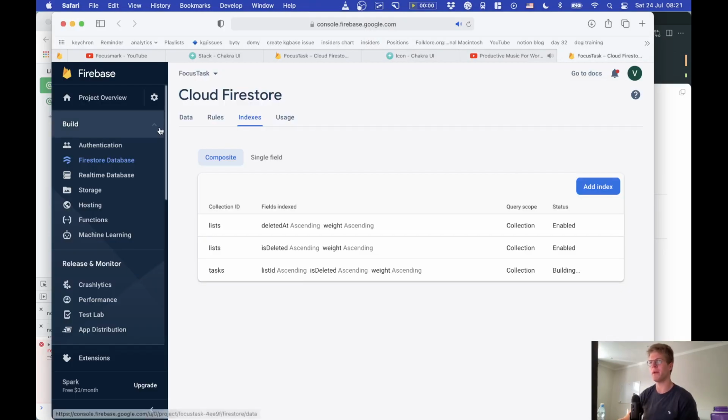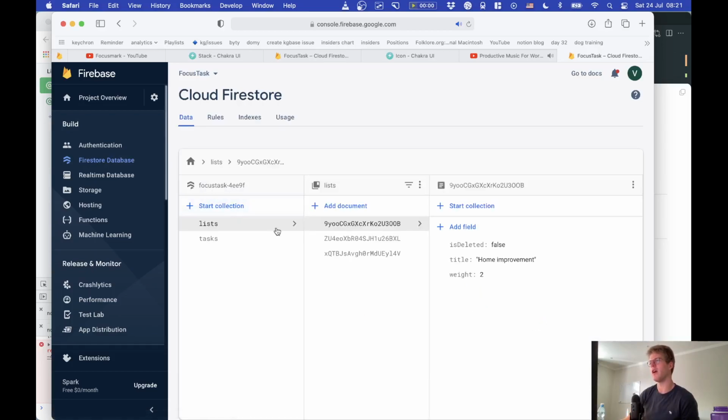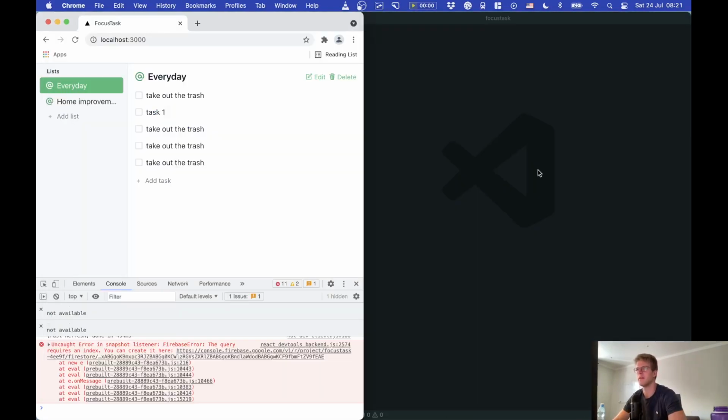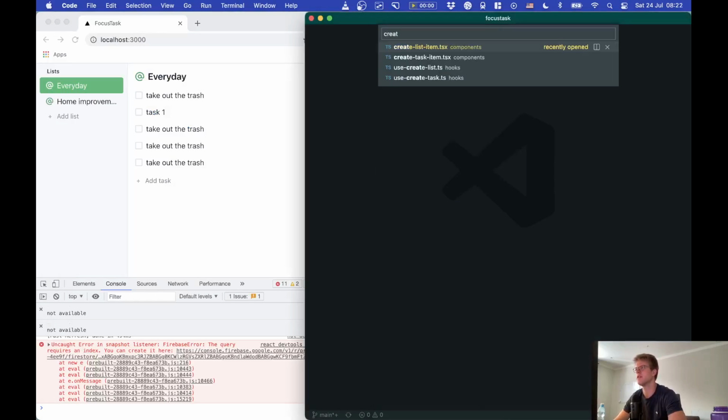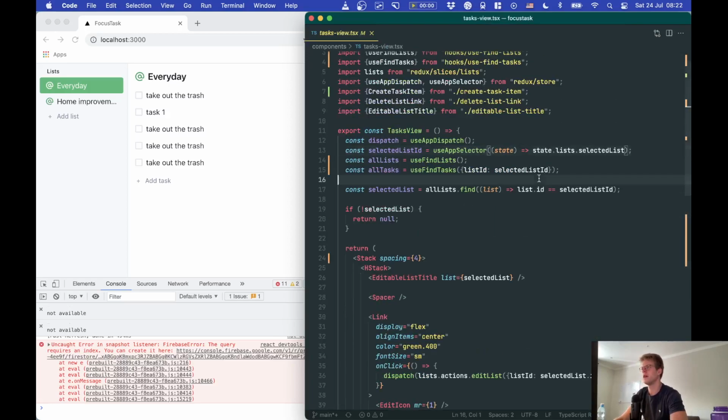All right, I think I'm gonna wrap it up here. Let me just see if we're getting the... Oh, there's one more problem. These tasks are not getting their list IDs. So this is a problem, and we can resolve this, I think. So if we have this create list, let's see, tasks view. If we have that,